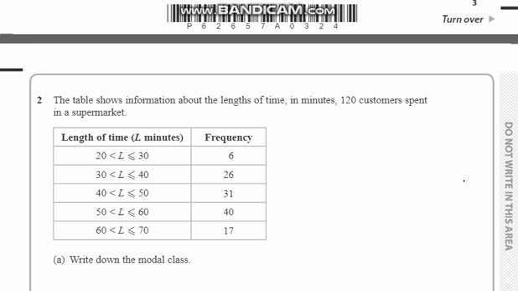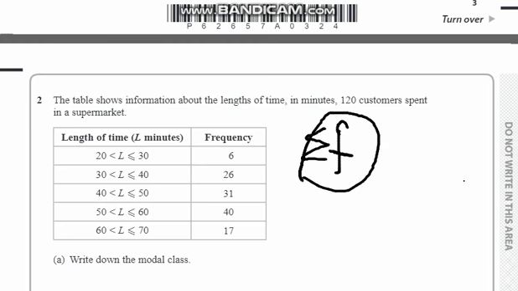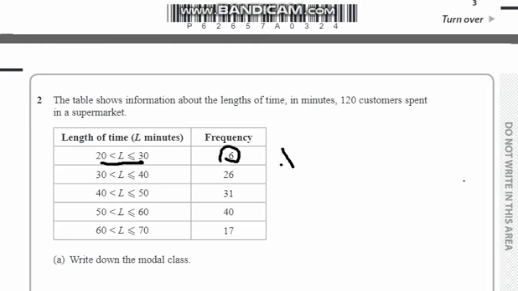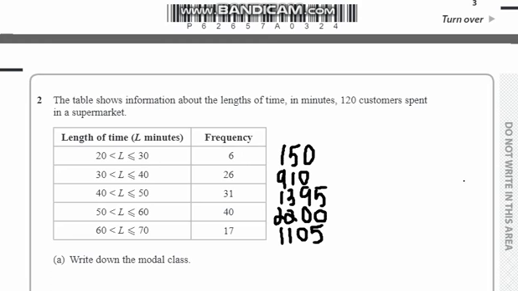So we will find our mean in terms of frequency. What we'll do is find the frequency times midpoint. Basically, we multiply the midpoint of each length of time with its frequency. After multiplying the midpoint and the frequency, I'll get these results which are in front of you. And what I'll do is add these results. So I'll be getting